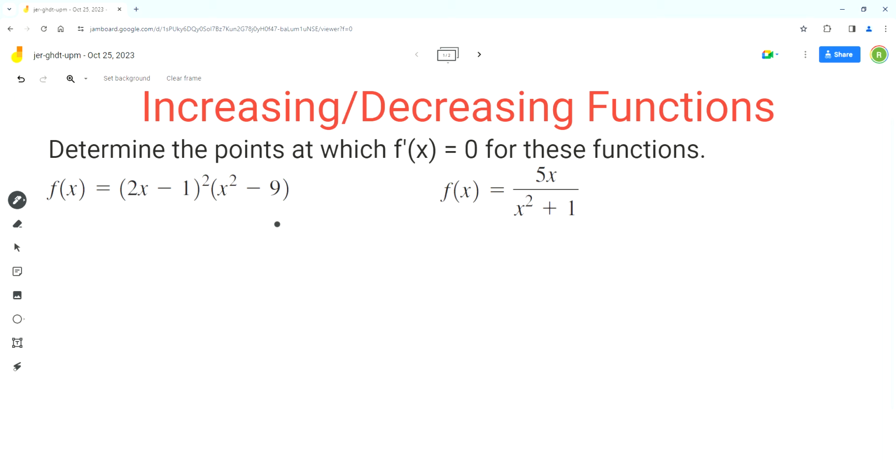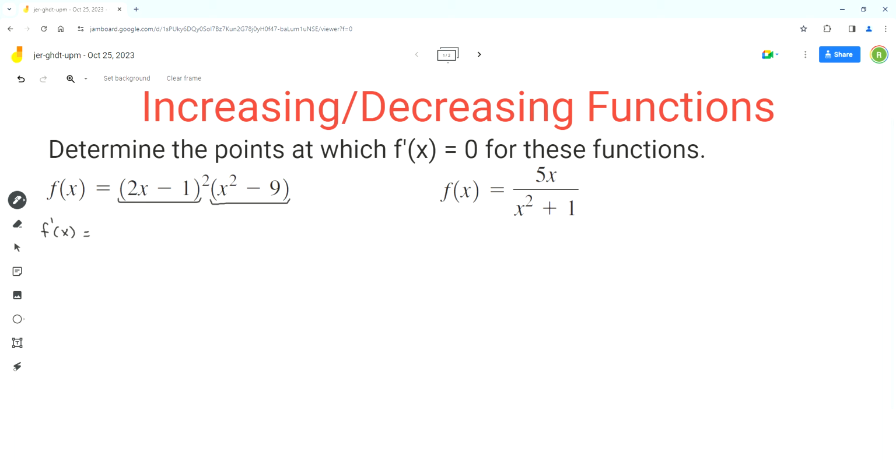Now this function is made up of two functions that are being multiplied. The first function is (2x minus 1) squared, and then another one is x squared minus 9. Since this function is a product of two functions, we'll have to use the product rule to find the derivative of this function. So our first step is f prime of x